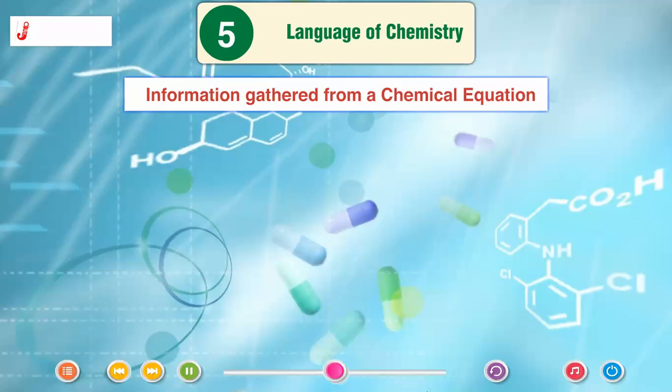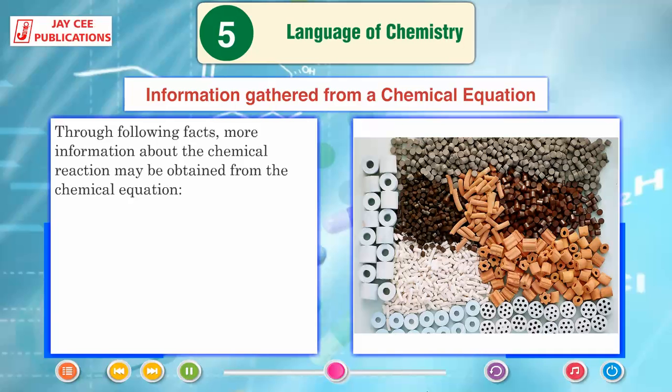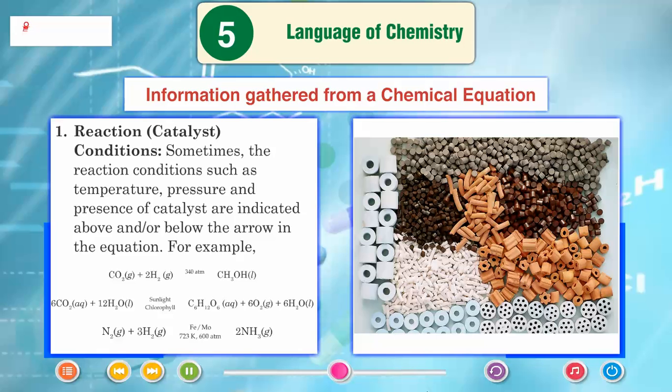Information gathered from a chemical equation. Through the following facts, more information about the chemical reaction may be obtained from the chemical equation. Reaction conditions, such as temperature, pressure and presence of catalyst, are sometimes indicated above and/or below the arrow in the equation. For example,